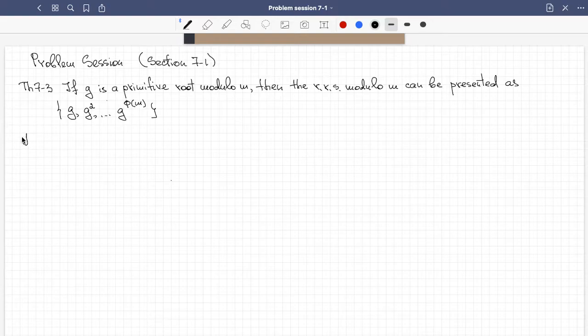So for a number a, relatively prime to m, so for a in the reduced residue system modulo m,